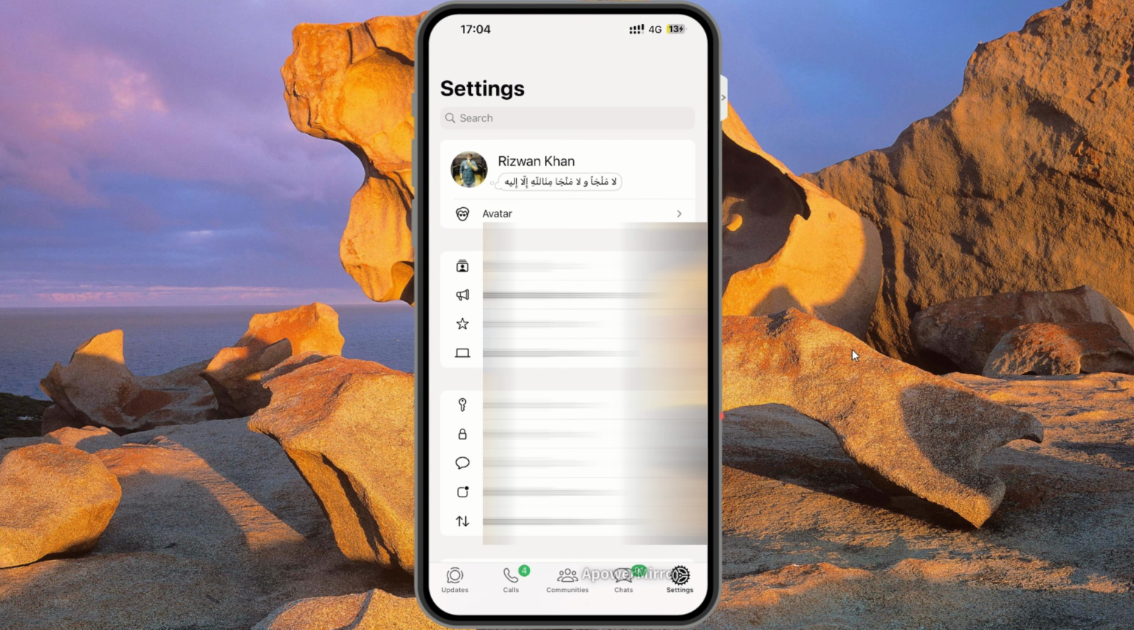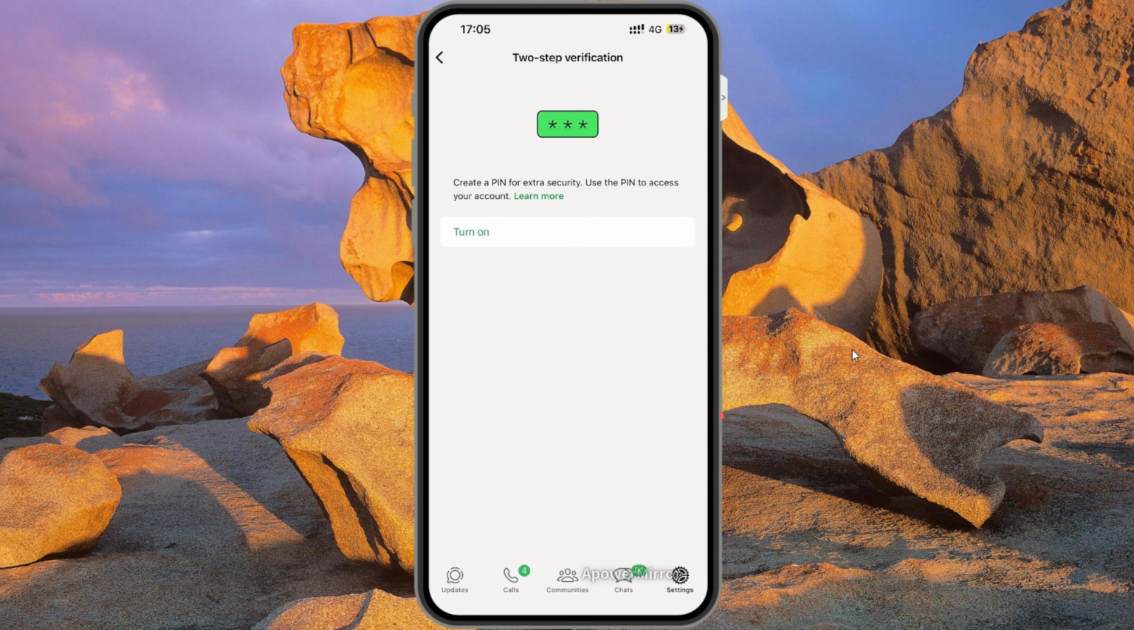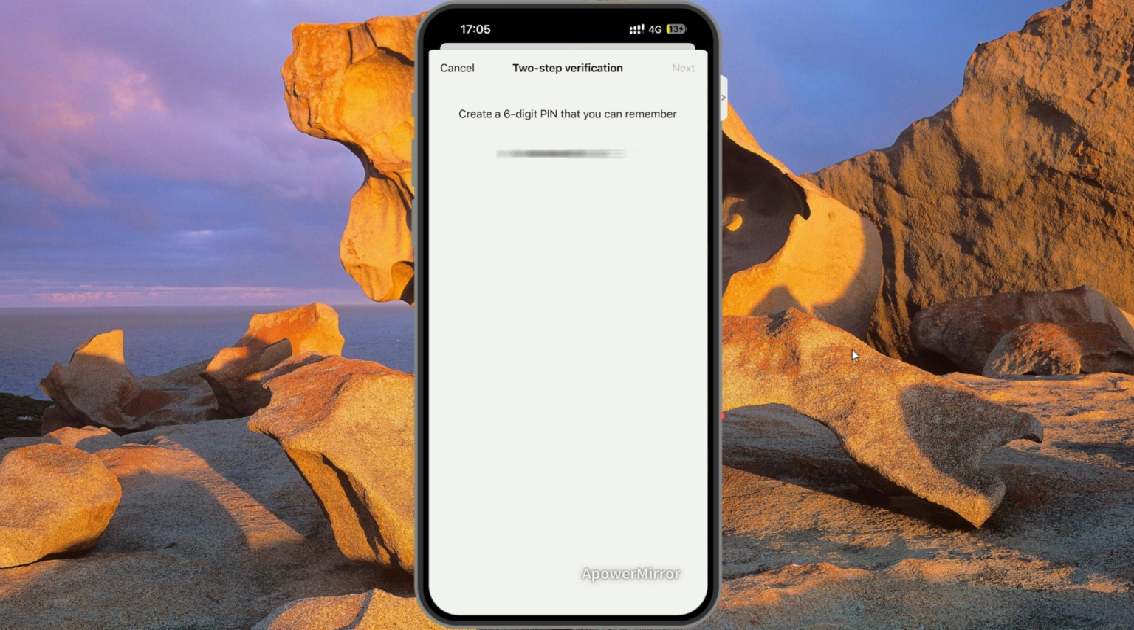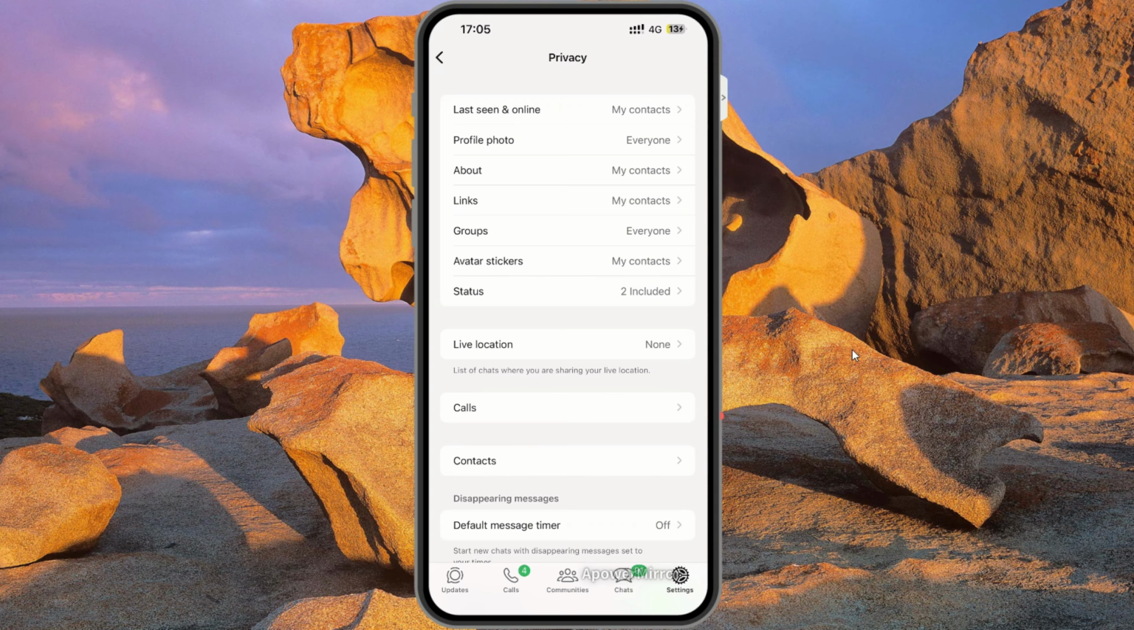First thing, tap on settings, tap on account, then tap on two-step verification, and here make sure you have enabled a 6-digit PIN. The second setting, which most people think is very normal but is actually very critical, is